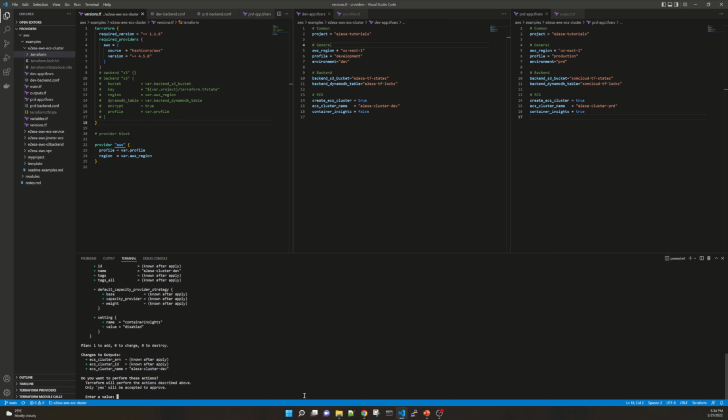And how do I show that it is actually the dev environment? You see that I have passed this dev app tfvars. That is the first thing. Second thing is that I am passing this profile as development, which is in our versions.tf. Here is the profile, which is var.profile. It is taking from this tfvars, and in my AWS configuration in my local system,